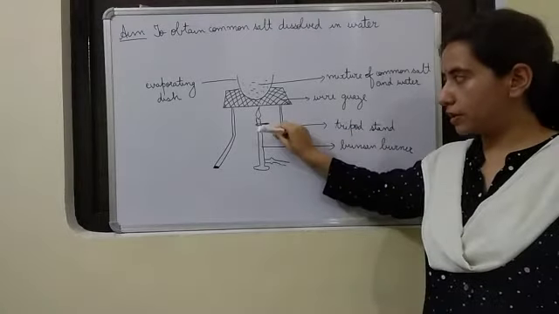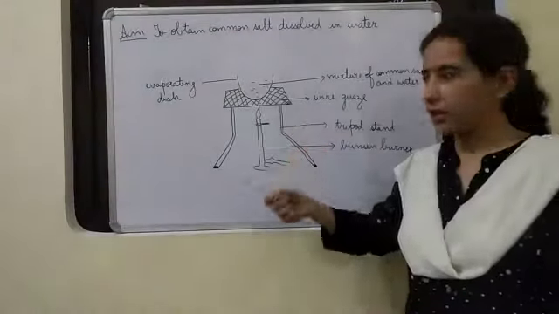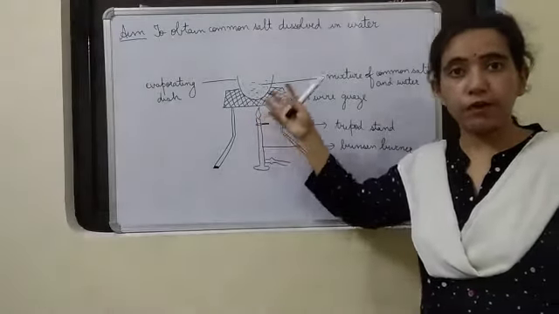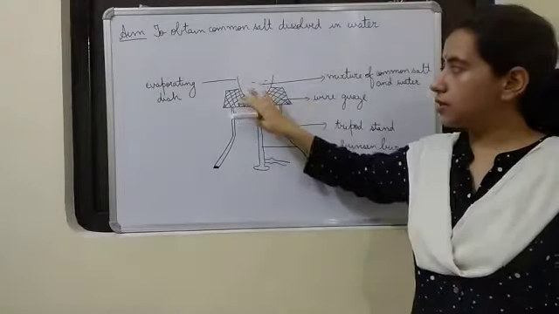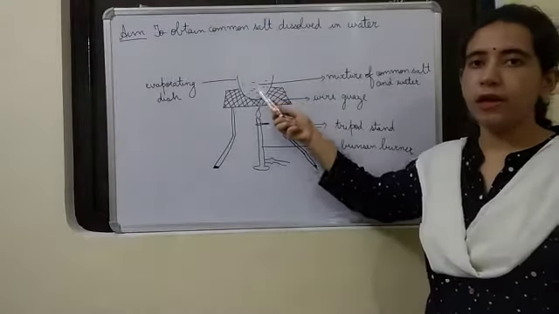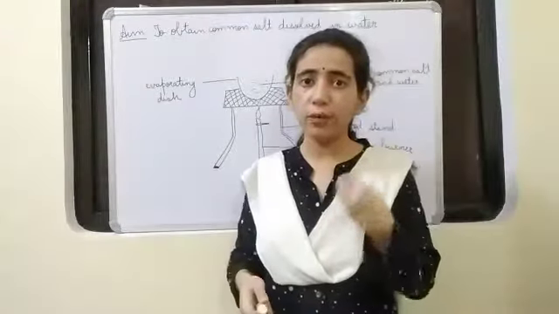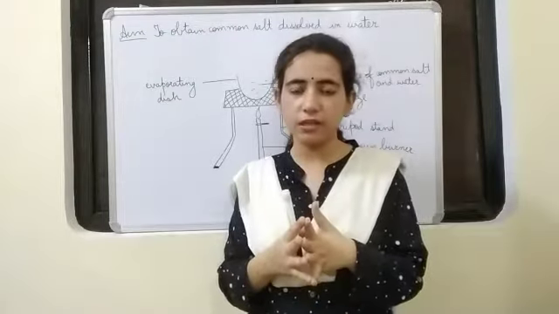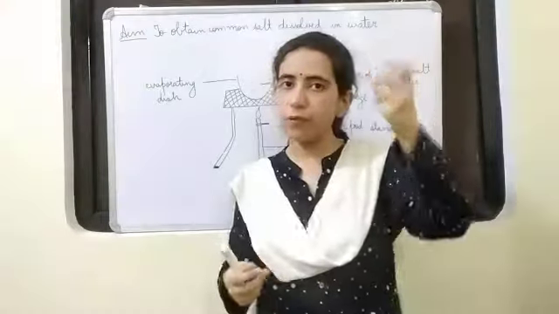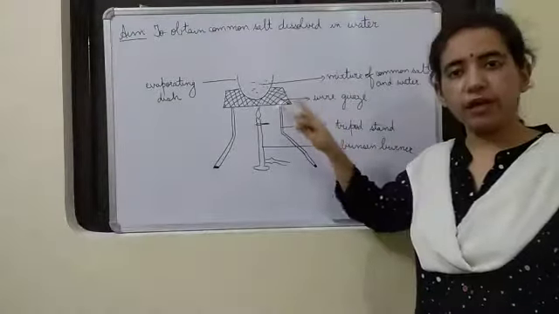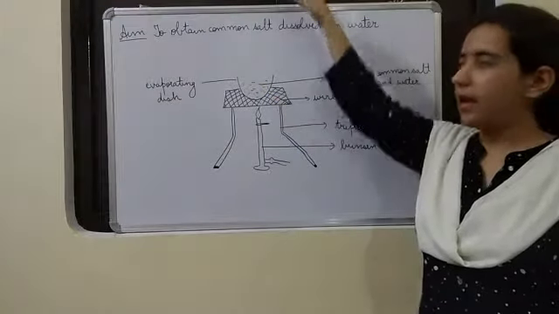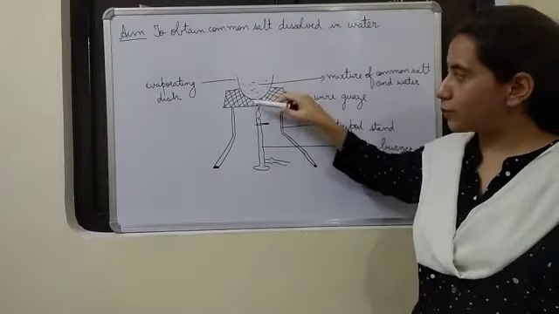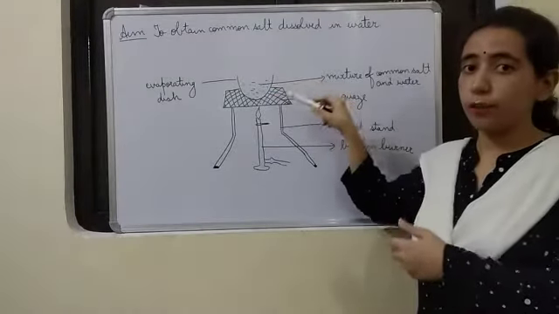We will first switch on the supply, and we will light a matchstick and put it near the mouth of the Bunsen burner. It will light up, it will glow, and we can see this solution of common salt and water. It boils. When it reaches the temperature of 100 degrees Celsius, the vapor of water will be formed, and we have to wait till the complete water is evaporated, and at the end we can see common salt here. At the end, common salt will be left in the evaporating dish.